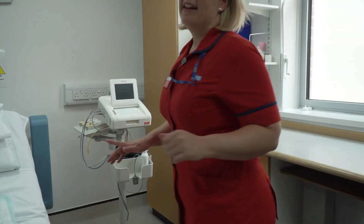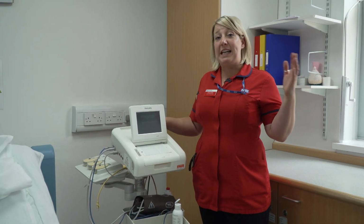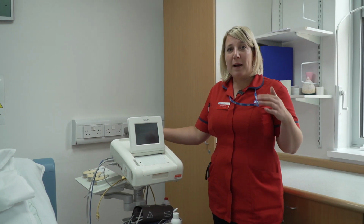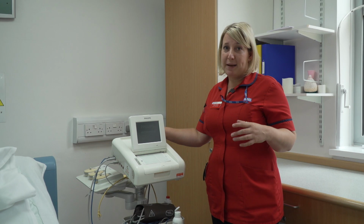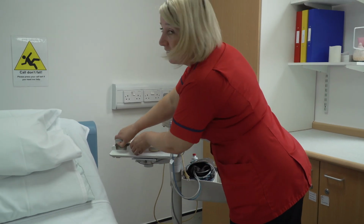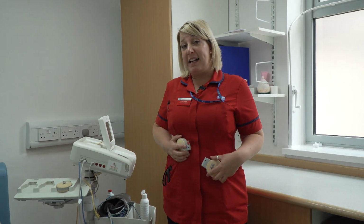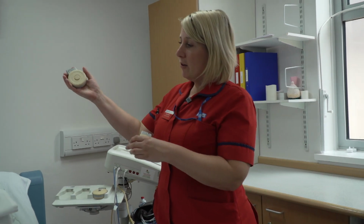Over here is the monitoring that we have for the babies, and this is perhaps the main piece of equipment that's unique to Delivery Suite. So if you have a baby that perhaps is on the small side or your blood pressure's high and we need to monitor your baby continuously through labour, we have fantastic telemetry transducers which don't require any leads. So this means that the baby can be monitored whilst you're able to get into many positions that are helpful